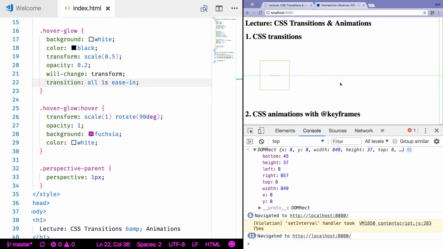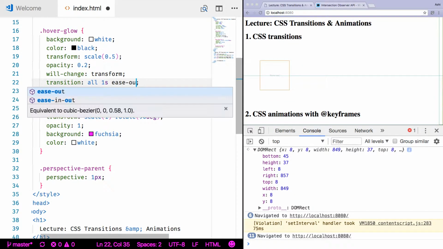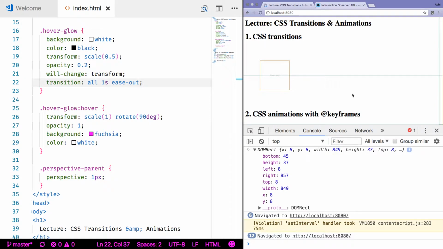This is ease in, where it sort of accelerates and then slows down. There's ease out, which does the opposite. And there's a few others too. This is what the parametric curves